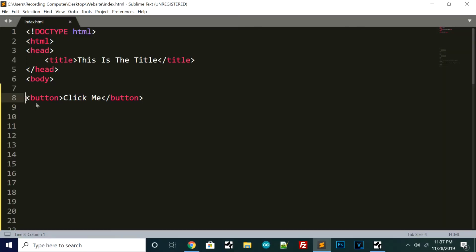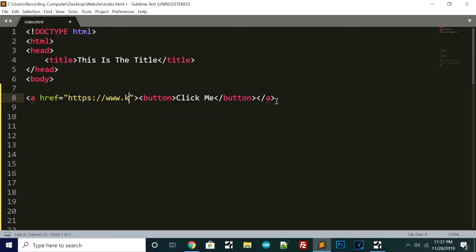Okay, so now it is time to make that button do something when we click it. So how do we do that? Well, one way you can do that is by wrapping the button in an anchor tag. So A, and then you have to end it, don't forget. And then we're going to type the attribute called href. And then I'm going to put a web address,